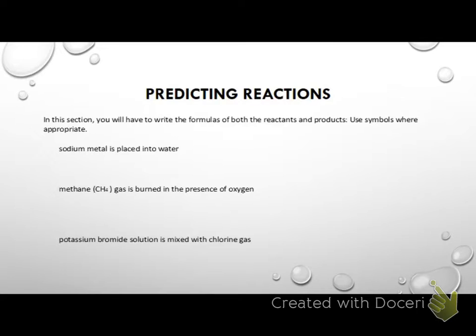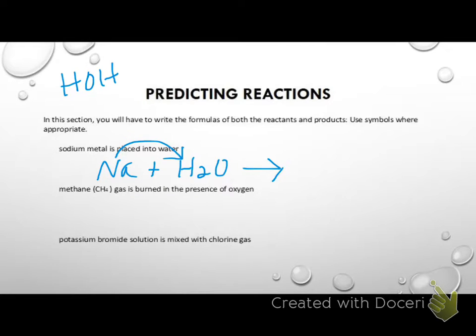Okay, in this one we're just going to write what it says. And so we're going to do sodium metal, so that's going to be Na, is placed into water, H2O. Okay? And then we know that when water breaks apart, remember it's HOH, kind of like that. So this is a single replacement, so we want to know, will sodium replace hydrogen? But really we're going to replace just one of the hydrogens, and it does. It's actually very volatile. So it forms sodium hydroxide